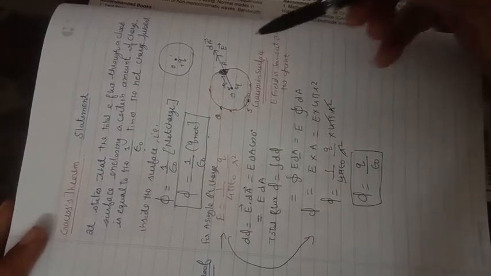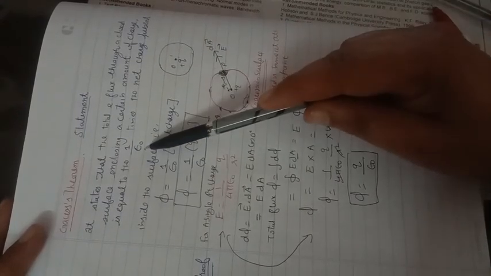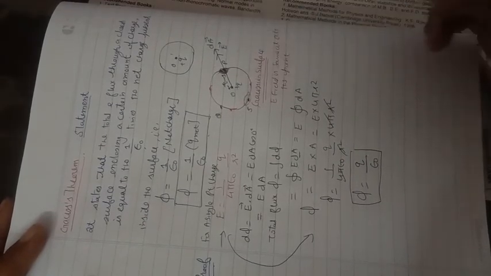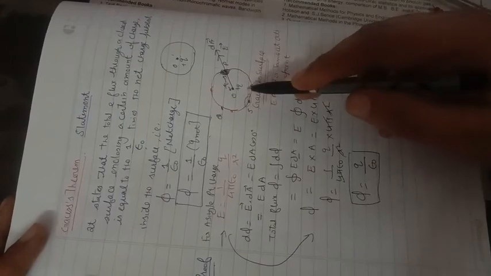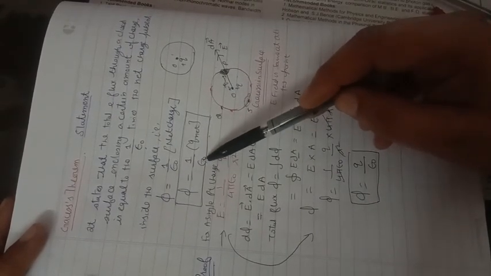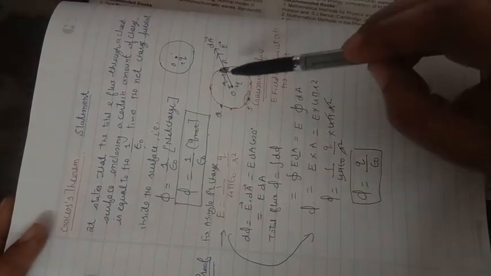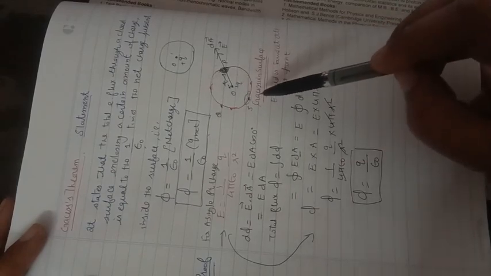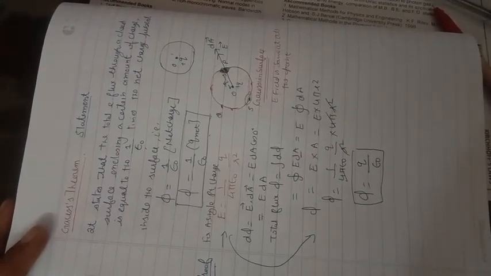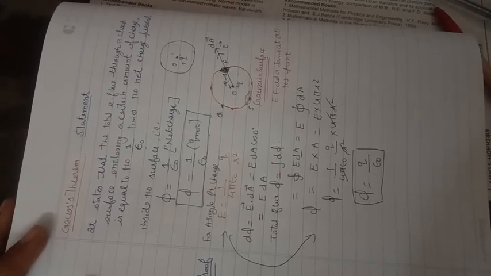So again, the total flux passing through a closed surface is equal to 1 over epsilon naught times the net charge present inside the surface. Okay, so Q is actually the net charge. Always remember 1 over epsilon naught. Epsilon naught is the permittivity of free space. Here we have assumed that inside the closed surface we have air or vacuum, but if some other material medium is there, then we have to replace epsilon naught with the absolute permittivity of that particular material medium.